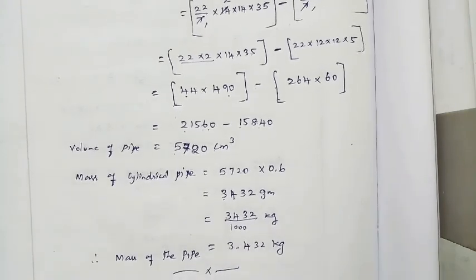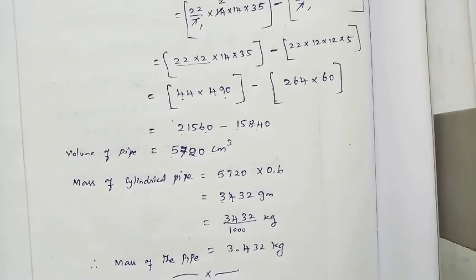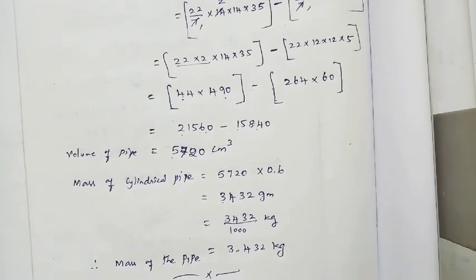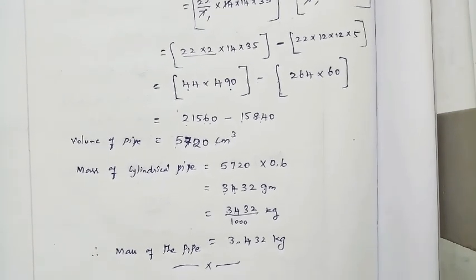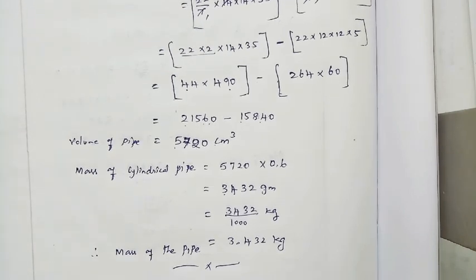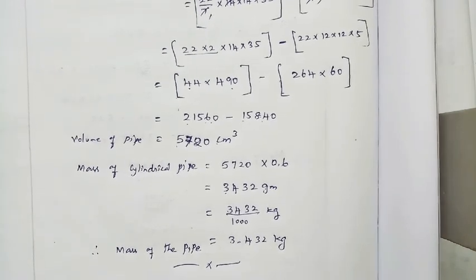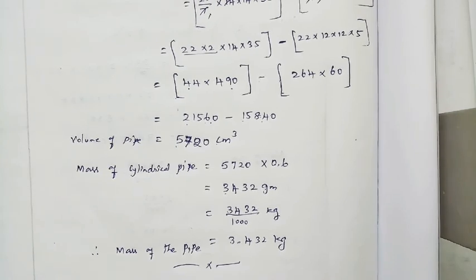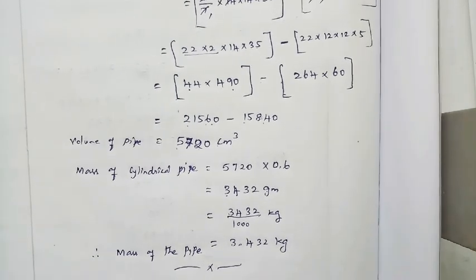That's all, and today's classwork is over. Today's homework: you can take sum number 3 and sum number 4 as homework. It's only the volume of a cylinder we want to find. So just read the question, sort out the given, what are the given we are having, and what we want to find. Just analyze, and for that use the formula, substitute and simplify, we'll get the answers. Thank you.